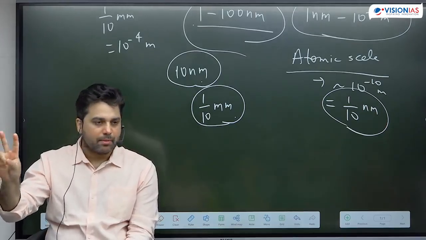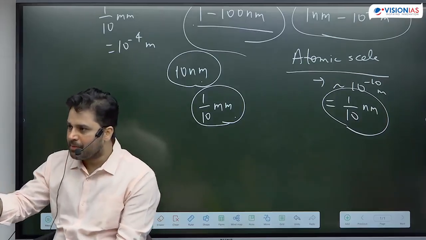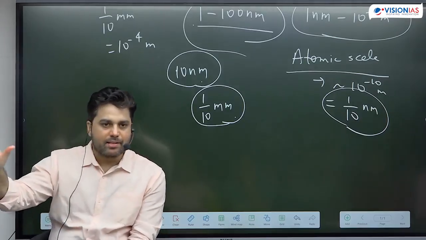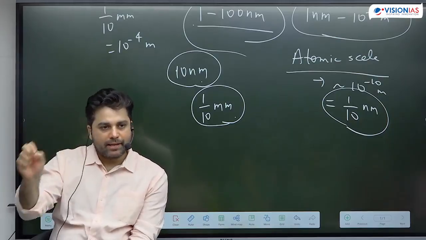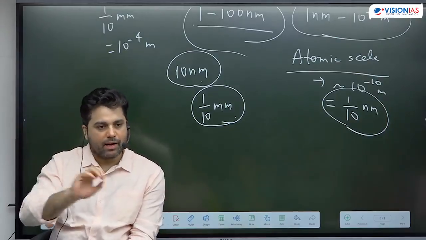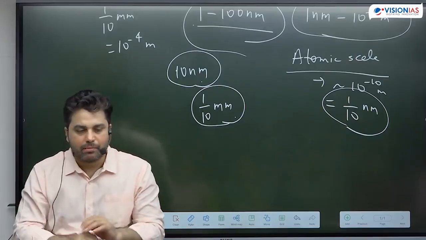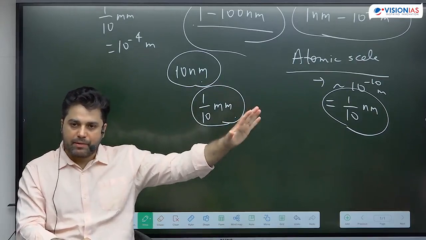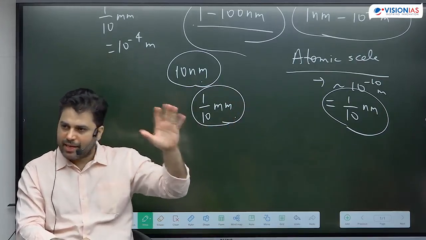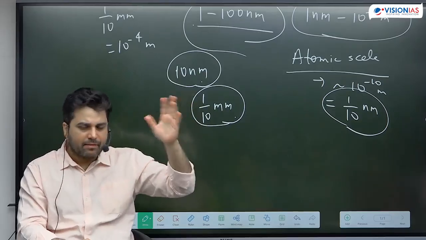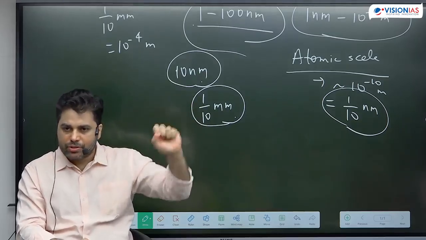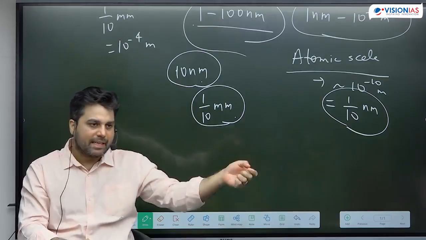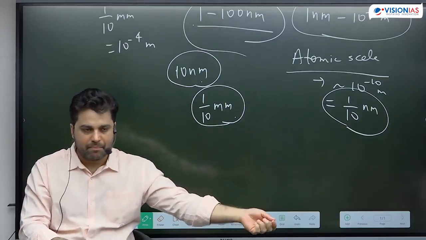Two allotropes of carbon we have studied in our class 9th, 10th chemistry. One is called graphite, another is called diamond. Both graphite and diamond, they are made of carbon, nothing else. They both are carbon. But one arrangement of carbon leads to diamond, a material which is very shiny, very expensive, a material which is so strong that it cannot be cut with anything else except diamond itself.